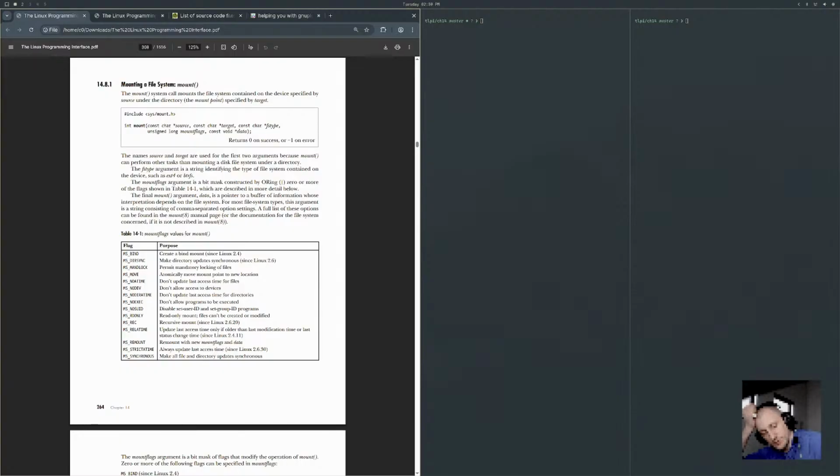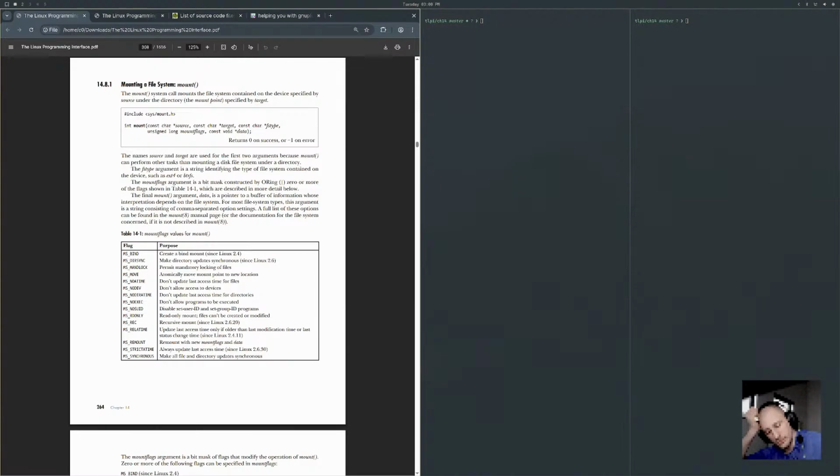No dev, don't allow access to devices. No diratime, don't update last access time for directories. No exec, don't allow programs to be executed. That's interesting. No suid, disable set-user-ID and set-group-ID programs.